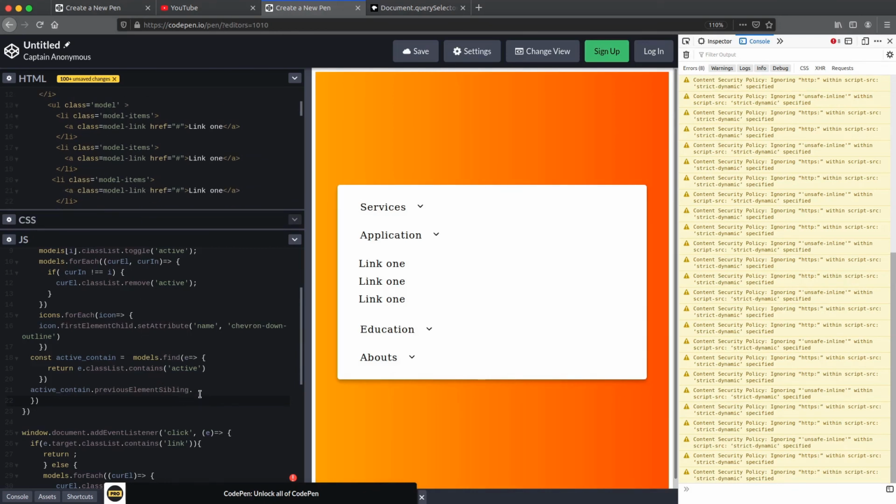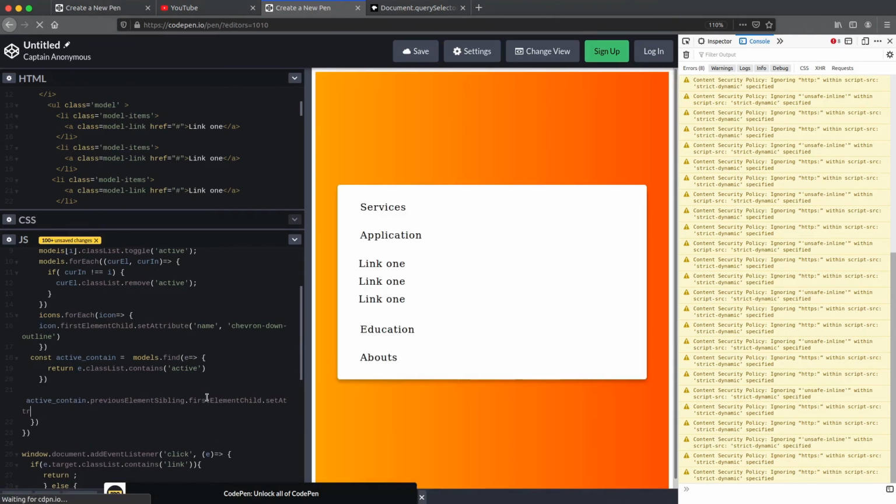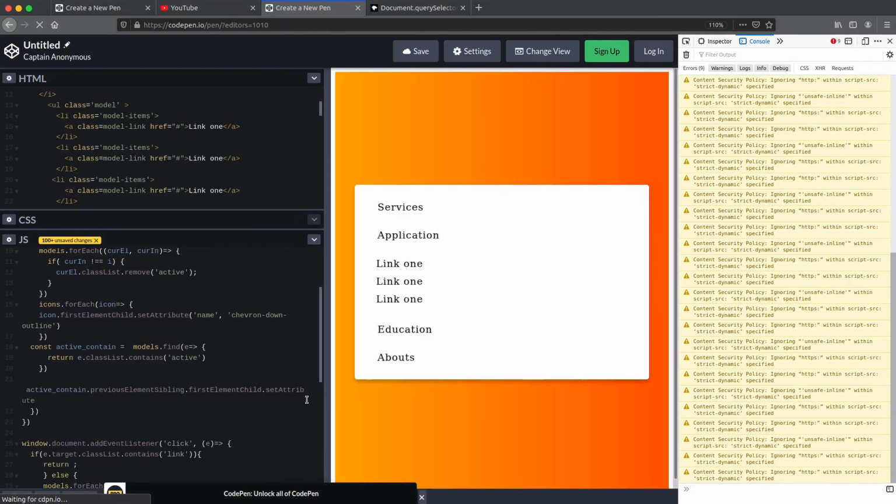So select firstElementChild, and then I want to setAttribute name to chevron up outline. It should be up. Now hope this works.